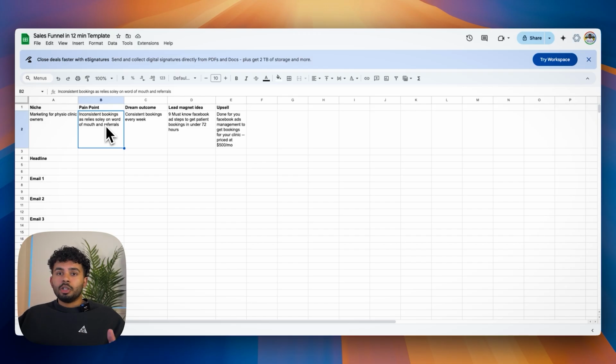Or for example, when you go to Costco and they're giving out free dip and salsa, they're hoping that once you taste it and you really like it, you're gonna buy the full packet of chips and salsa when you go to checkout. So what can we give as a free lead magnet or free resource to hopefully get them